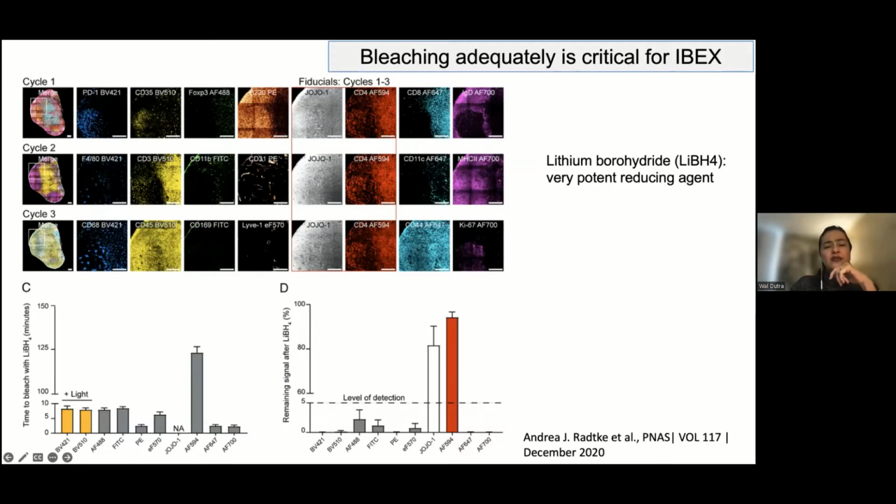The other thing that is very critical is what is shown here in these two images in the middle, the JoJo 1 and the CD4 AF594. This is what Andrea and people that work with this methodology call the fiducial markers. These markers essentially are markers that are not bleachable. So you use things that will not be bleached by the lithium borohydride, and you need something that stays identical in all the different cycles that you use,